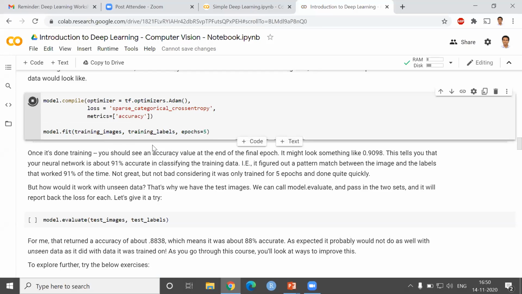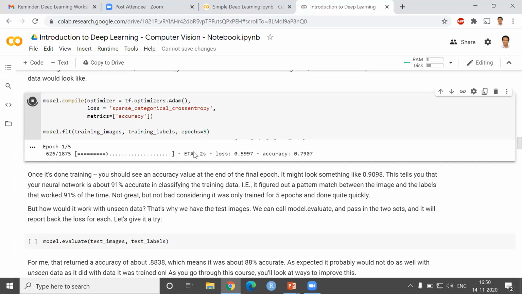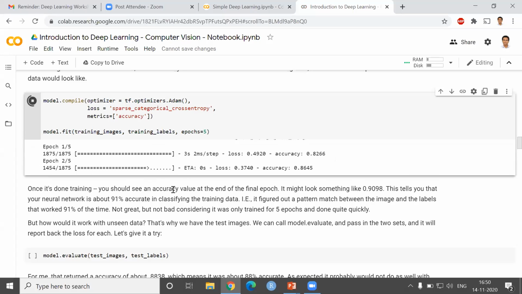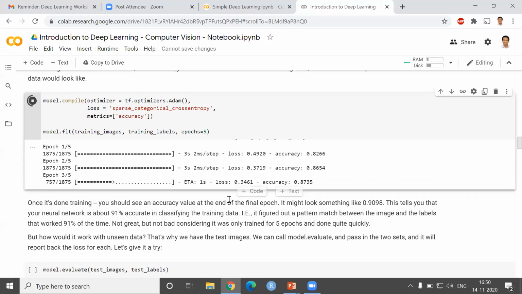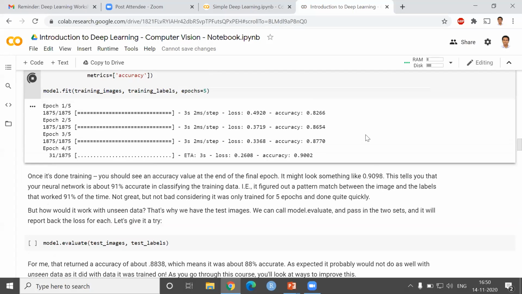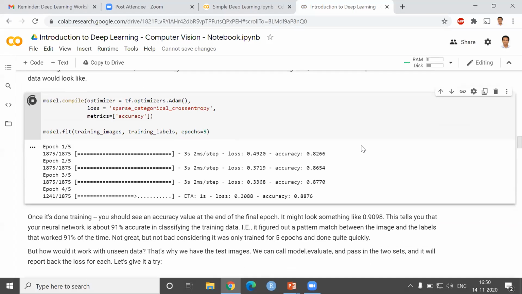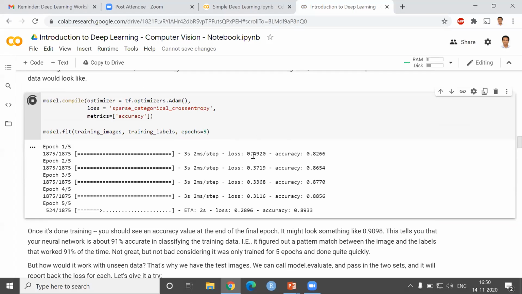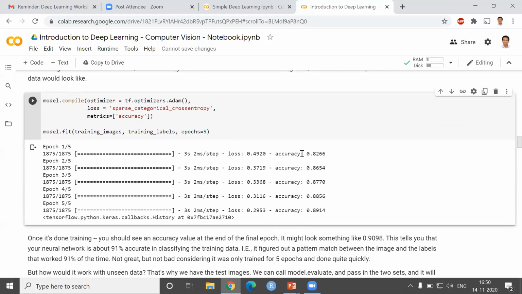You can also run it on your own machine, and you will see that it takes more time than what we did for the numbers. But here also you see that the loss keeps decreasing and the accuracy keeps increasing as the network trains.